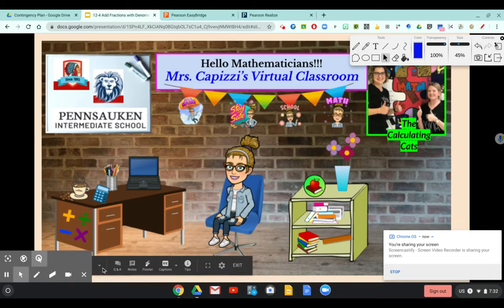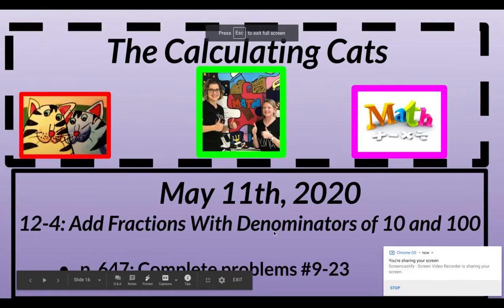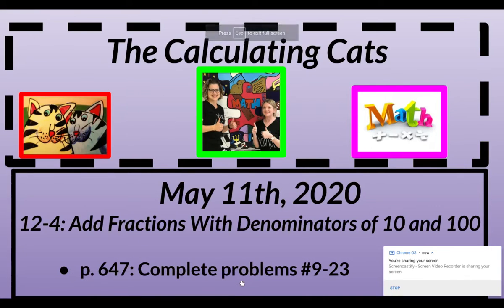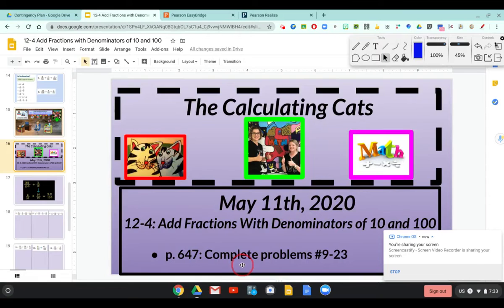And today we're going to continue with 12-4, adding fractions with denominators of 10 and 20. And today your task is to complete problems 9 through 23 on page 647. So I do want to show you the Another Look video from the book because I think it's helpful